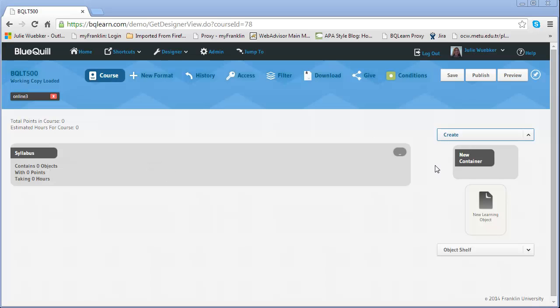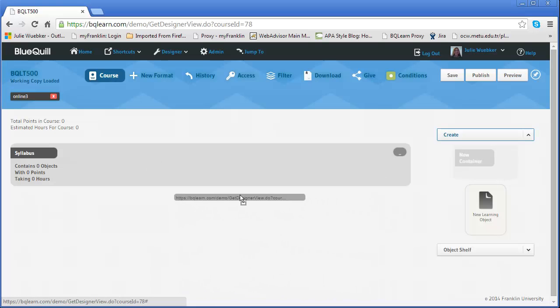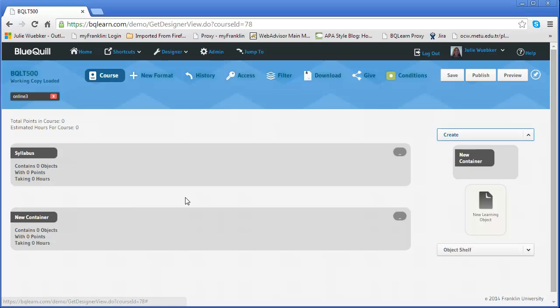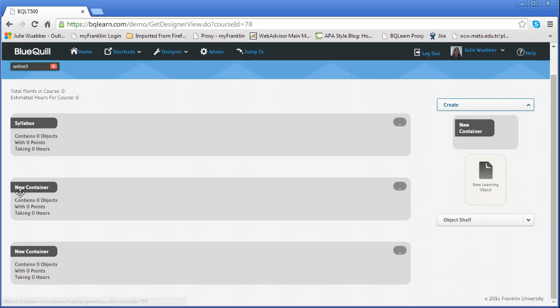So to do that, I'm going to move my mouse over to this side. I'm going to wait till I get that four-headed arrow. And then I'm going to, using my mouse, left click, hold, and drag that new container in. Now you'll notice when you drag it in and drop it, it creates a new container. Let's do that again. So I'm going to left click, hold, and drag, and drop it in. So now I have a new container and a new container, so I haven't given those any names yet, but